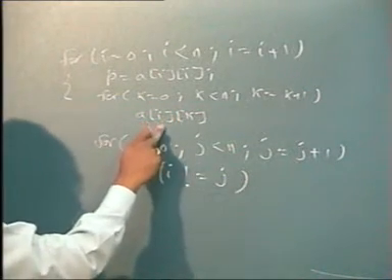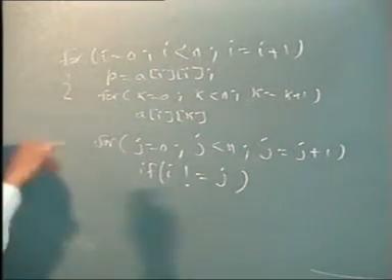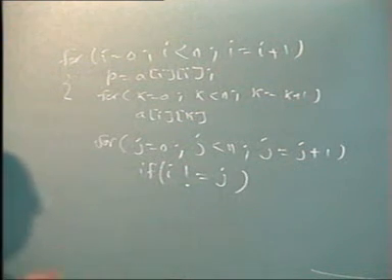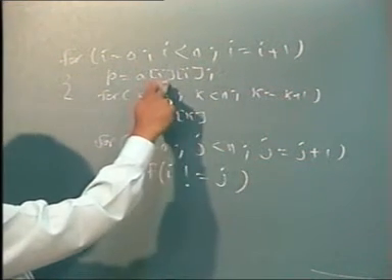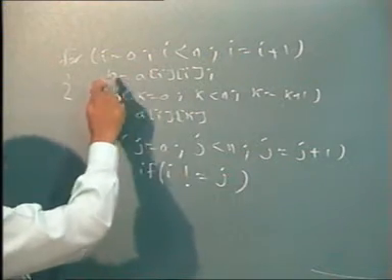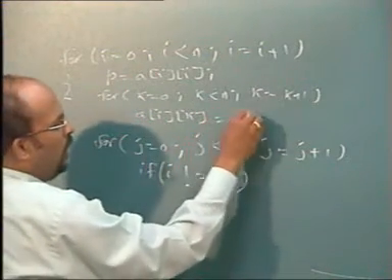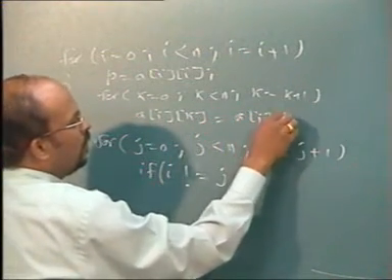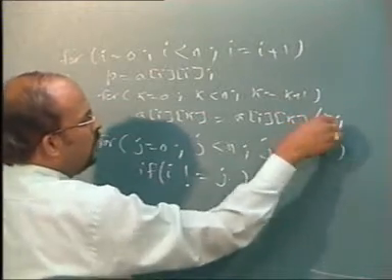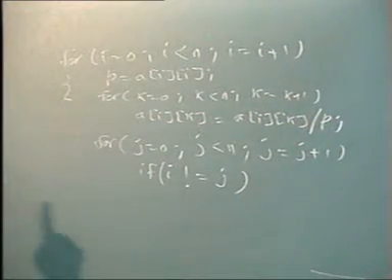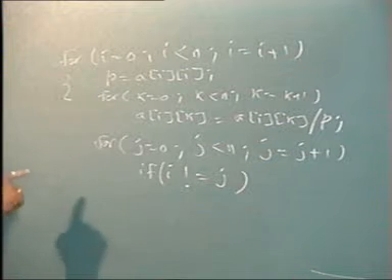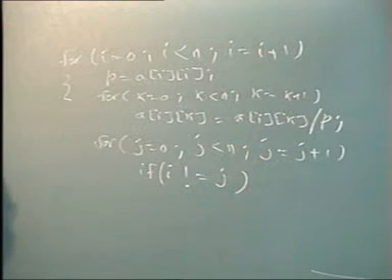The ith row has to be divided. Divide means all the elements should be divided. So there are n elements in that row. Every element should be divided by A of ii, that means P. So A of ik equal to A of ik upon P. This was my divide job. Ith row will be divided by A of ii. Now I am sure that A of ii element is 1.